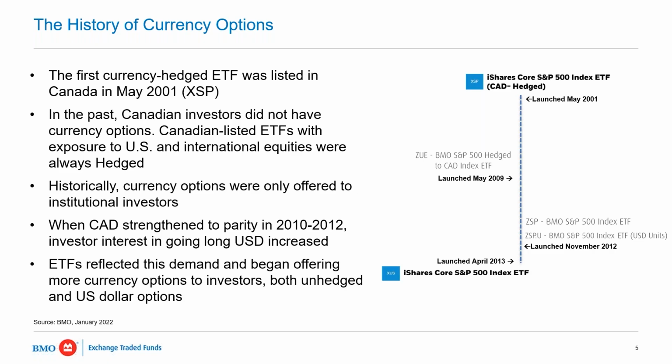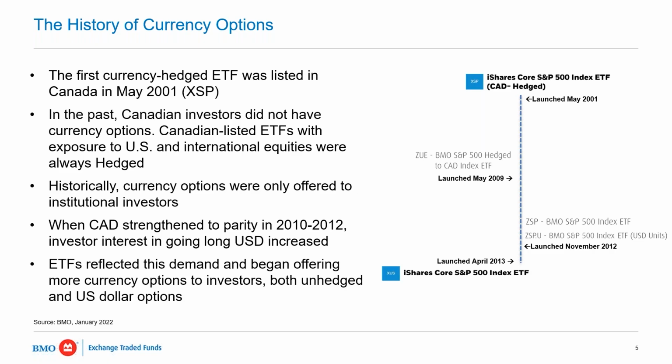So looking at our history of different currency exposures within ETFs. The first currency hedged ETF was launched in 2001. It was actually launched by members of our own BMO ETF portfolio management team, although at the time working for Barclays Global Investors. Back then, if you remember, there were foreign investment restrictions, so you couldn't even buy too many stocks in a fund outside of Canada. So this is quite a different event, but this ETF used a futures-based strategy, and then it hedged the currency exposure with currency forwards.